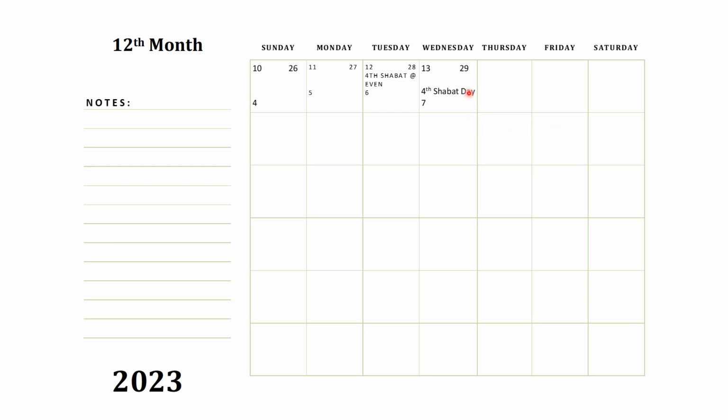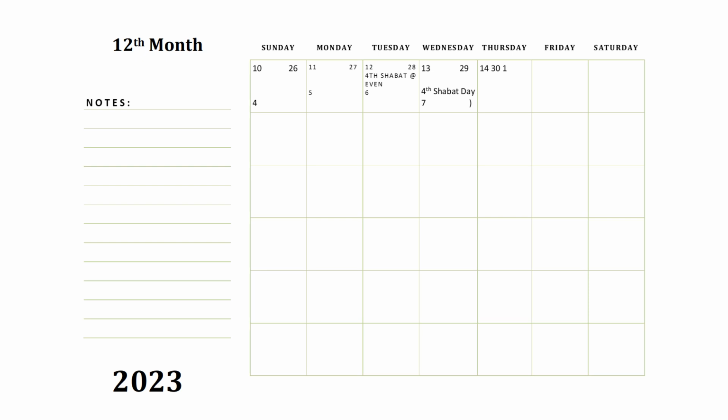You see how our numbers have changed again in size, and the 7 is back down, but that doesn't matter. The main thing is these numbers are in the right position, and they are trailing the numbers in the box before that. All right, here's your note here, the fourth Shabbat on this line here. If you look at the last line in the previous month, it'll be in the same position. Instead of being on this line, we just brought it up to this line here. Just keep it going, just keep it trailing right here. It's not hard, but you got to keep your mind on what you're doing.